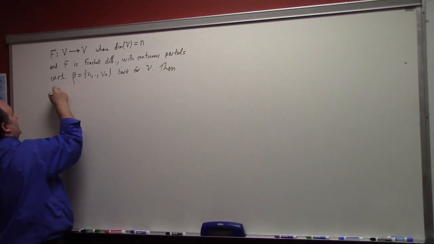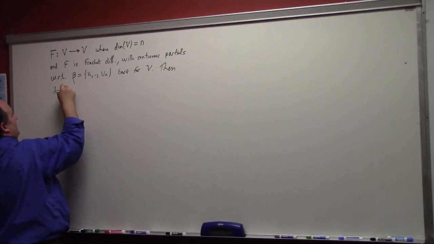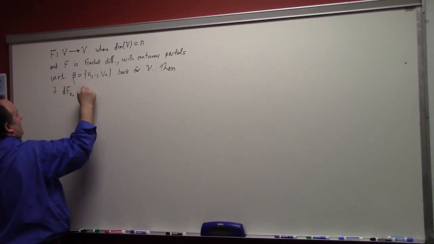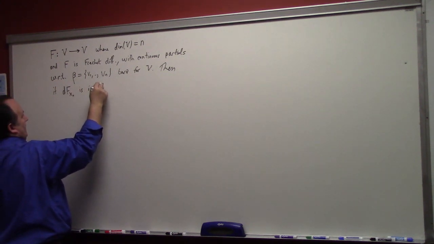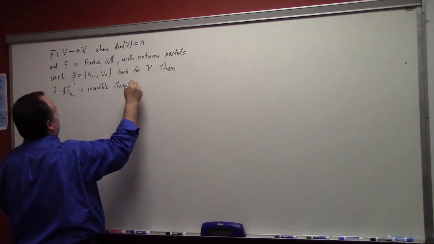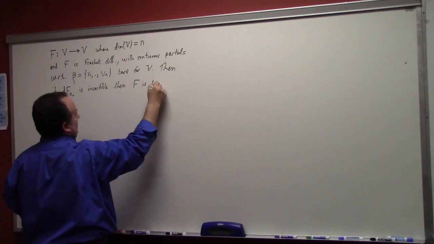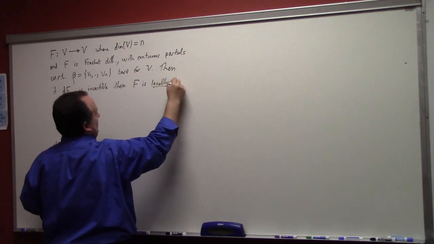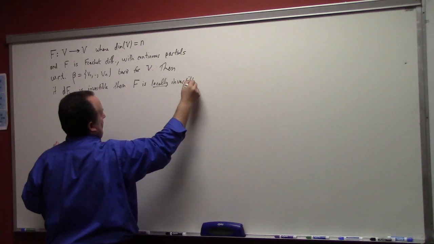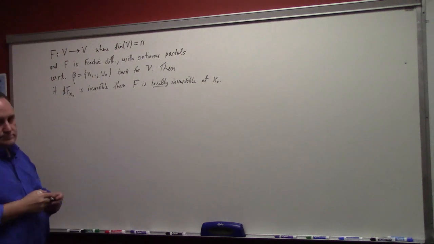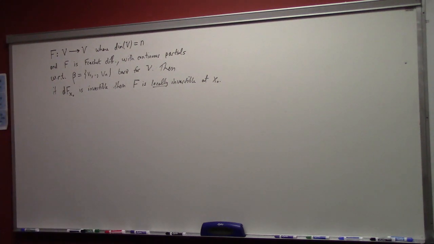Then, if the differential of f at x naught, f prime, is invertible, then guess what? f is locally invertible at x naught. So my claim to you is that if we have the inverse function theorem for Rn,